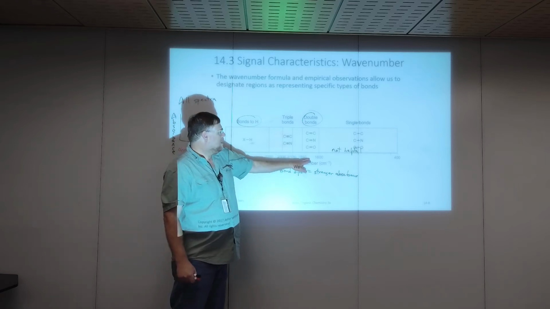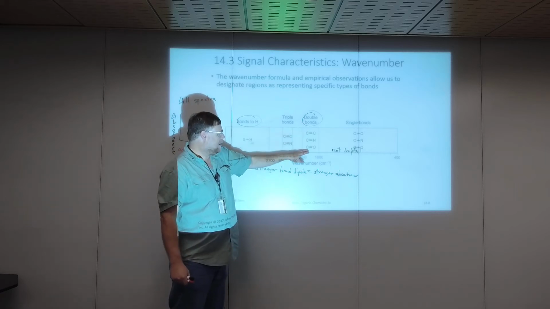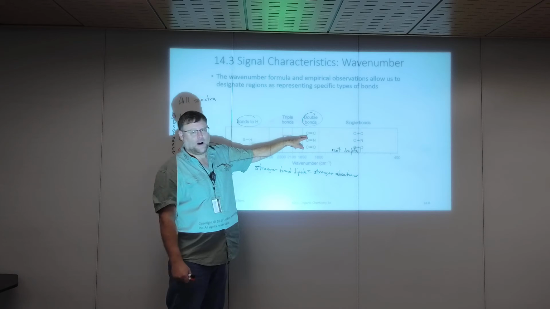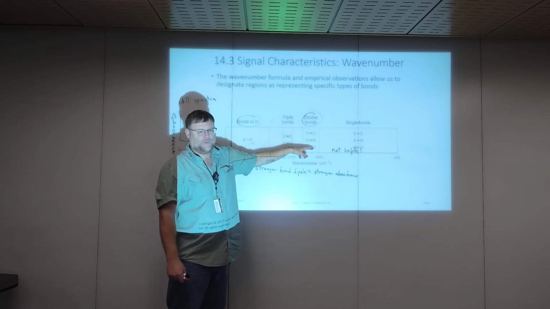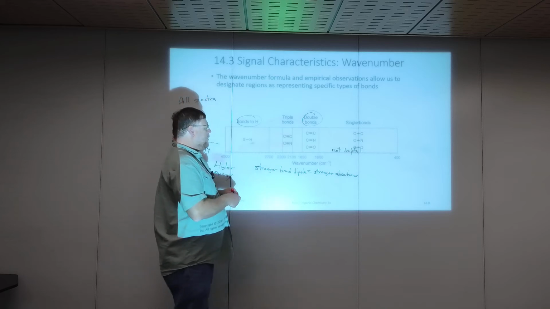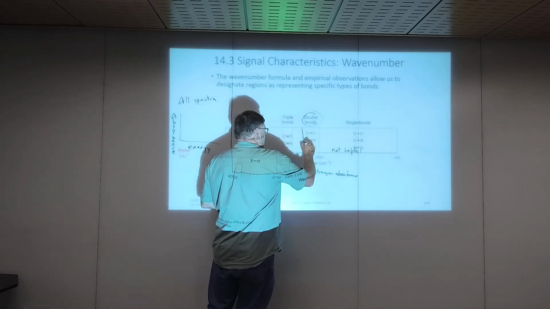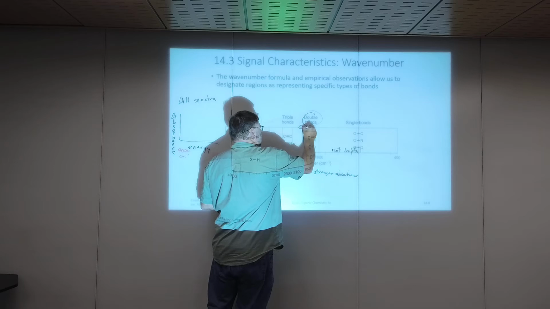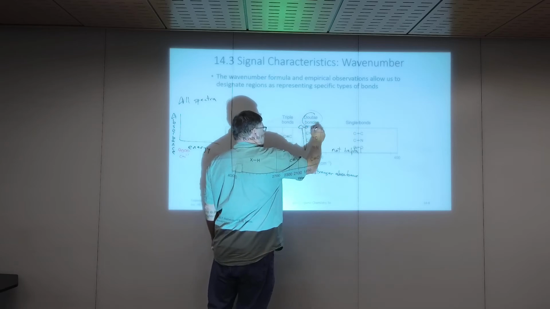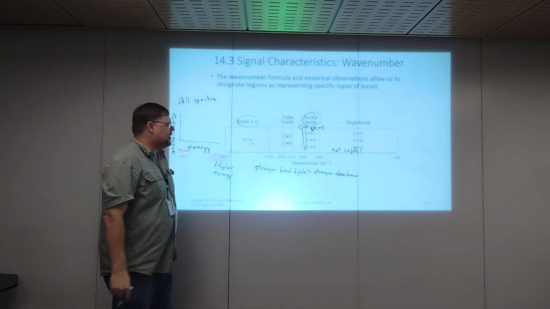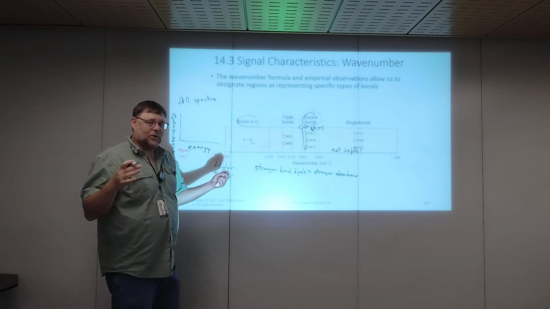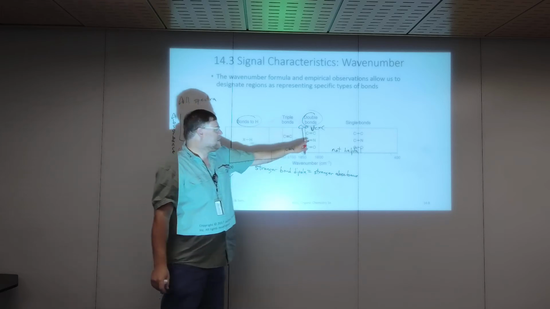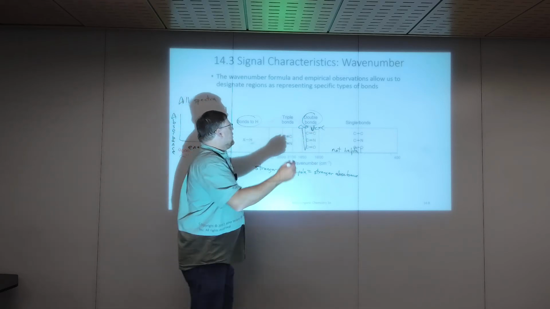So for example, you might wonder, how do we tell a carbon-oxygen double bond from a carbon-carbon double bond? You're going to have the same basic frequency of absorption. But you would have here that would be the CO, and then you might see that would be the CC. Really weak absorbance for the CC, really strong absorbance for the CO. And the reason is, CO's got a strong dipole. And in fact, if you had a symmetric carbon-carbon, like if you had